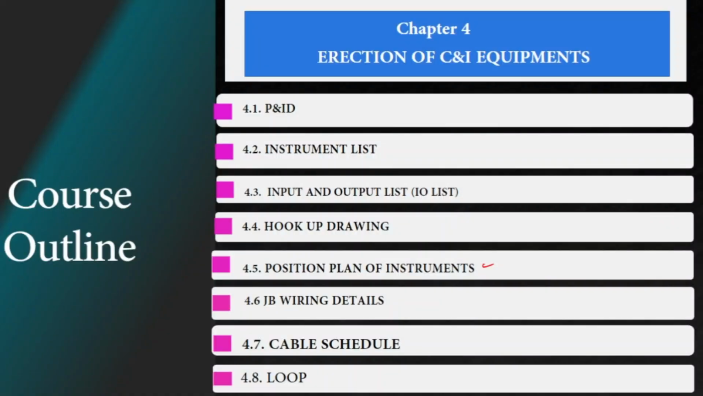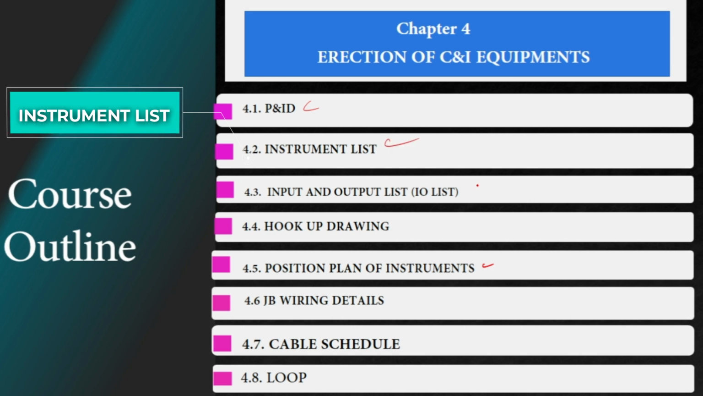Chapter 4, we will see erection of C&I equipments. This is a very important chapter for erection and commissioning engineers. We will see the P&ID, second we will see the instrumentation list, third we will see the I/O list, what the I/O list is,